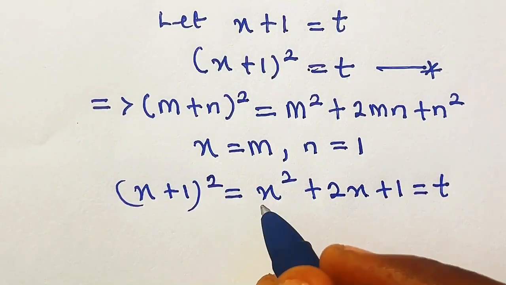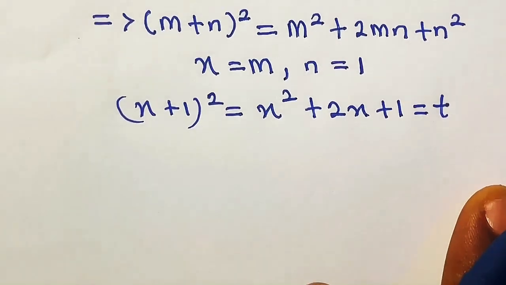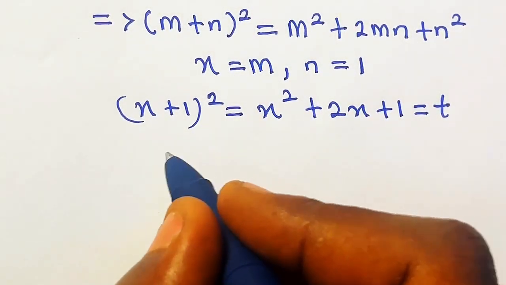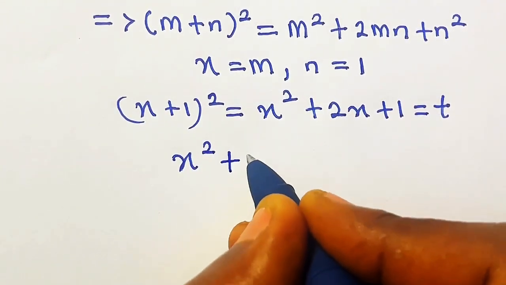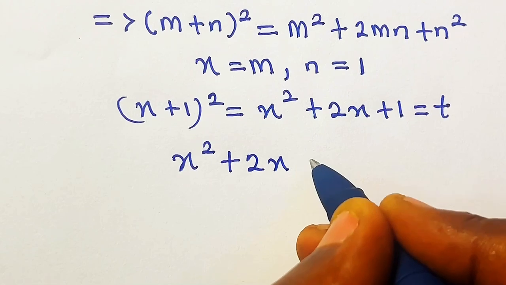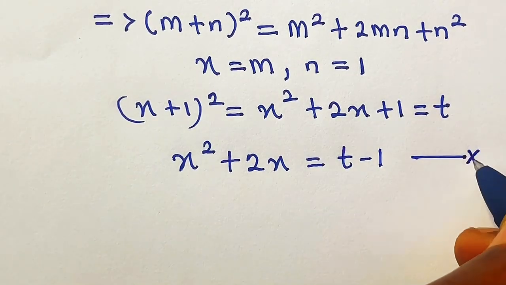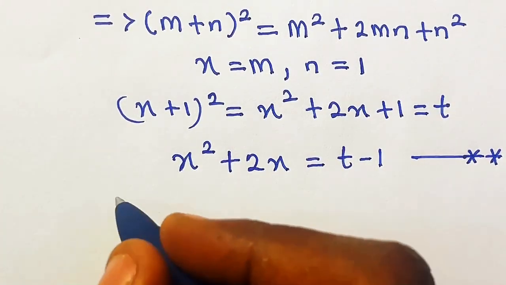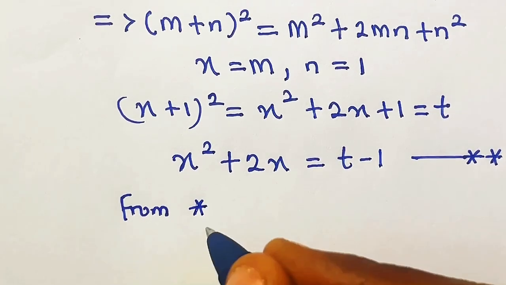So let's make the variable x the subject of the formula. We have to transfer this to the other side. So we have x squared plus 2x equals t minus 1. Also let this be our star. So from equation star, we say